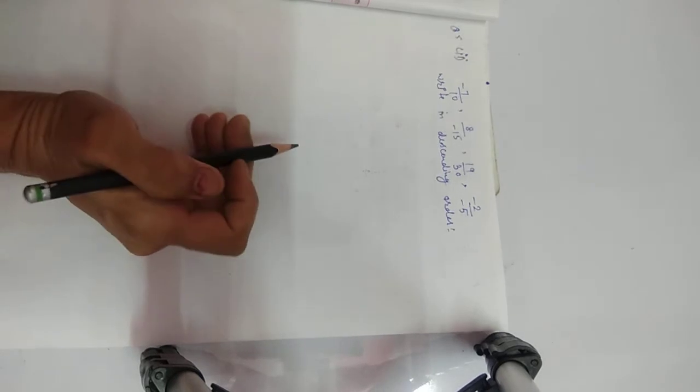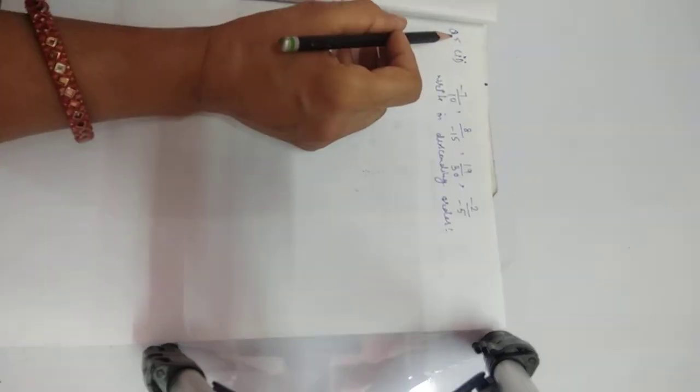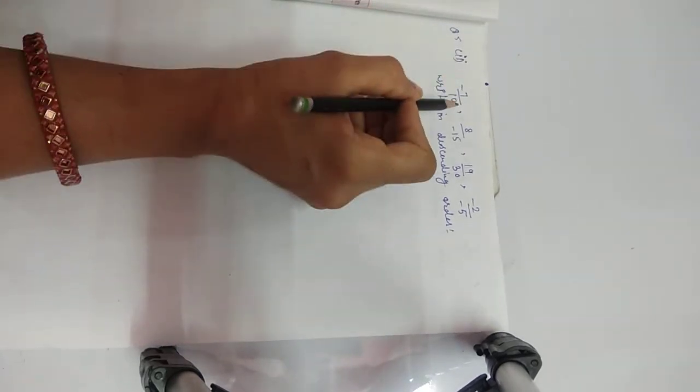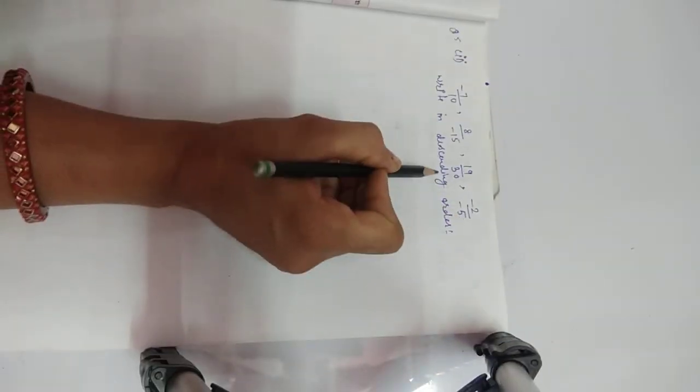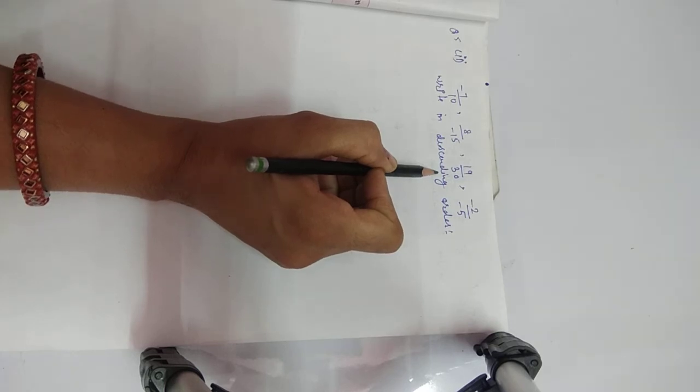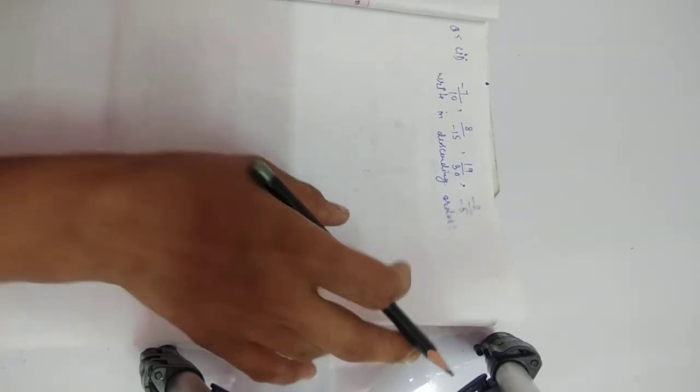Now I am taking one more example. Question number 5, second part. We are given 4 rational numbers and we have to arrange in descending order here. Okay, now see one thing in question number 5 and 4. In the first part of this, the denominator is positive. These are in the standard form. But in this question, the denominator is negative here. So first make the denominator positive, in standard form. Then we will solve the LCM.